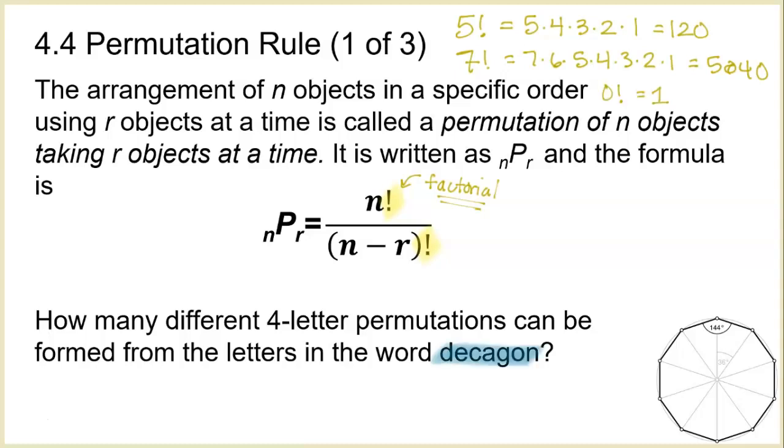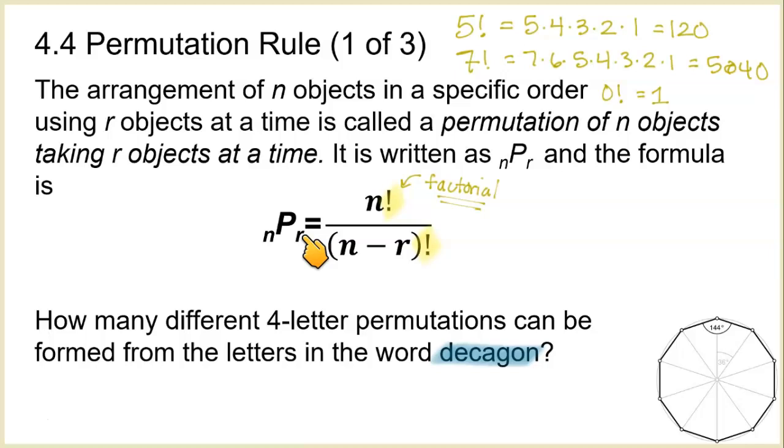And then 0 factorial is 1. Mainly we think about the number of ways in which you can arrange something, and there's only one way to arrange nothing, and it's not to arrange it at all. Also 1 factorial is 1 as well. So anytime we talk about an arrangement of objects where there is a specific order, we will utilize